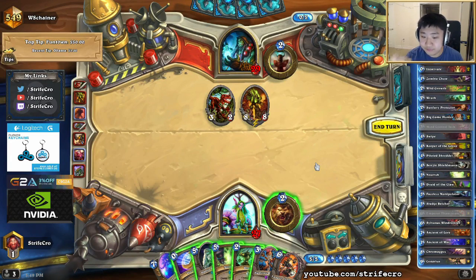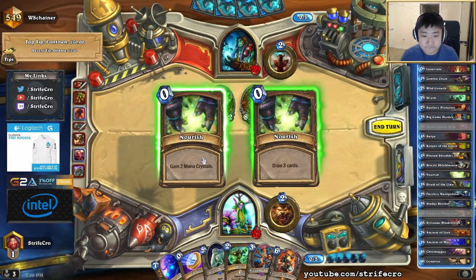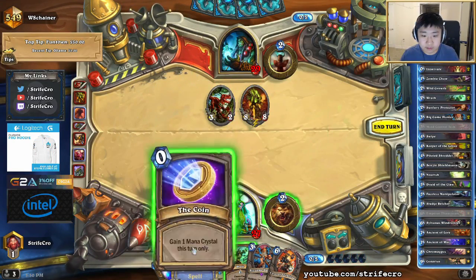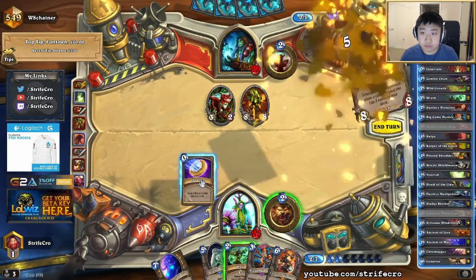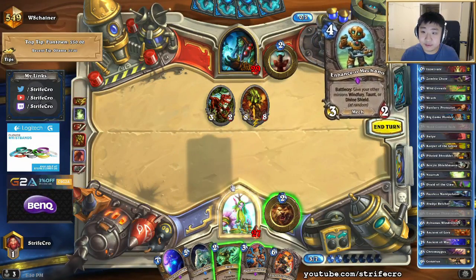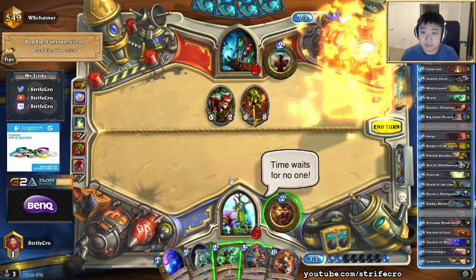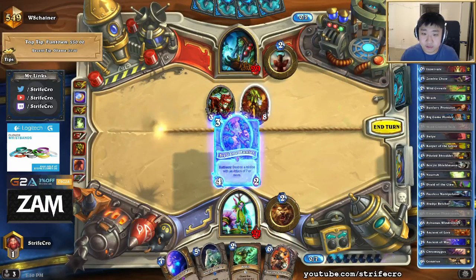Next turn he has potential Fire Elemental. My guy kind of dies anyways. Got a second Fel Reaver. I don't know how important that is, but Clockwork Gnome in his deck. I've got the beast in my